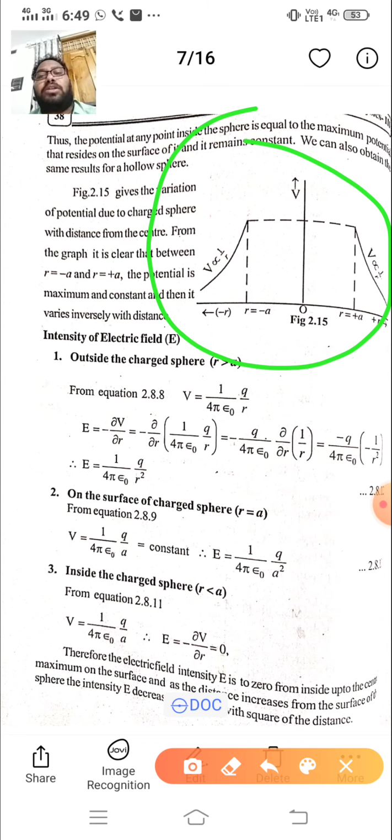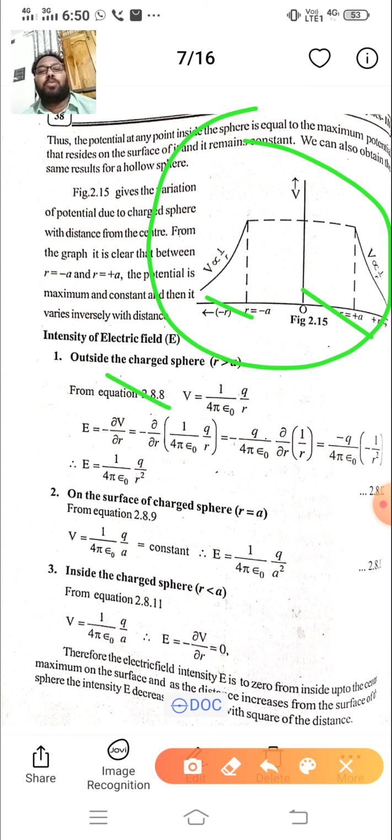From this equation and this diagram, we can explain the potential due to a charged sphere with distance from the center. From the graph it is clear that between r equals minus a to plus a, the potential is maximum, and outside the sphere it varies inversely with the distance. So the intensity of electric field: